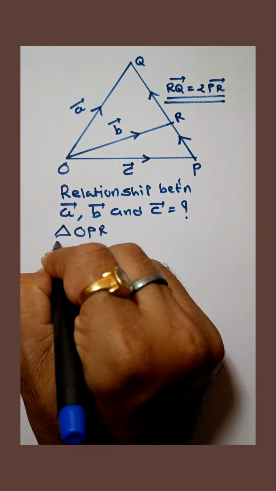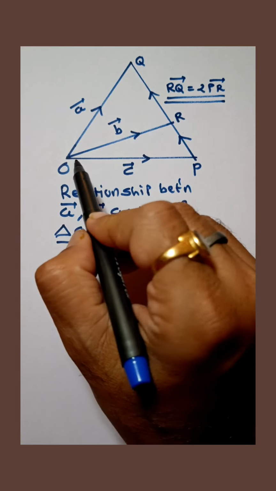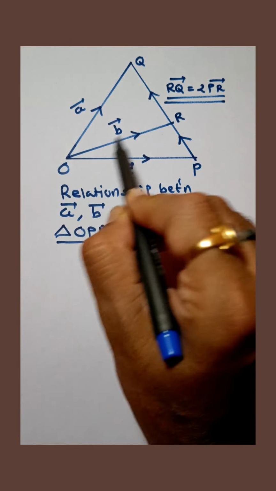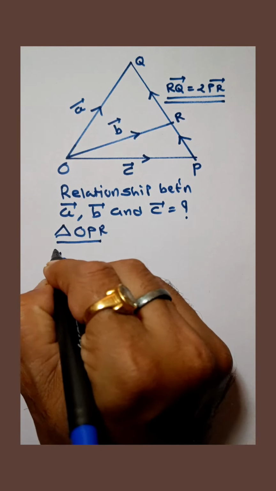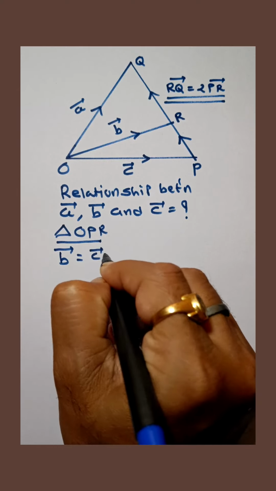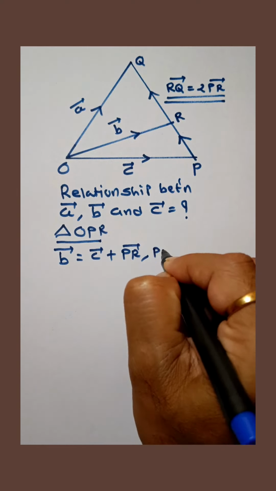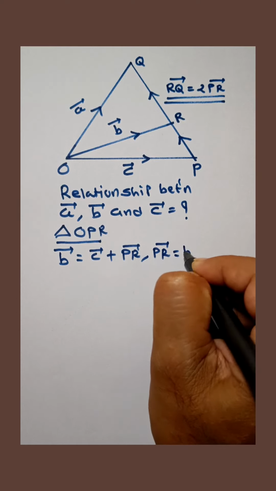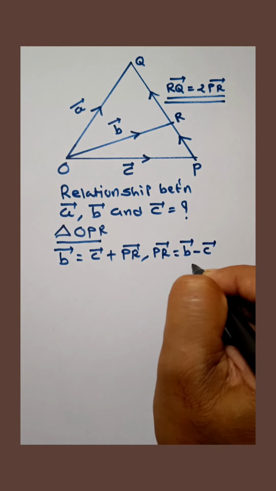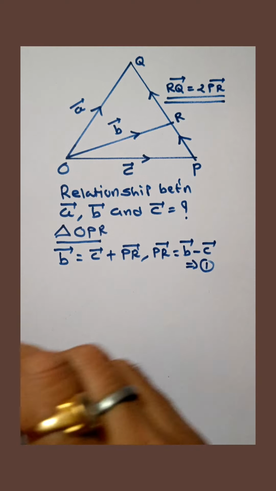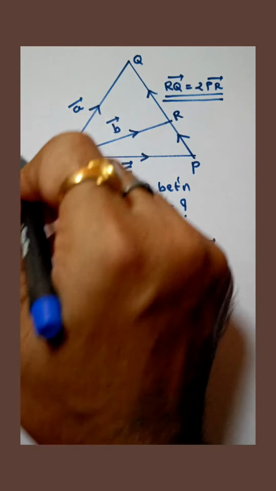OPR, here C vector plus PR vector is B vector. So here B vector is the resultant of C vector and PR vector. So from this PR vector is equal to B vector minus C vector. Equation number 1. Now in triangle ORQ,